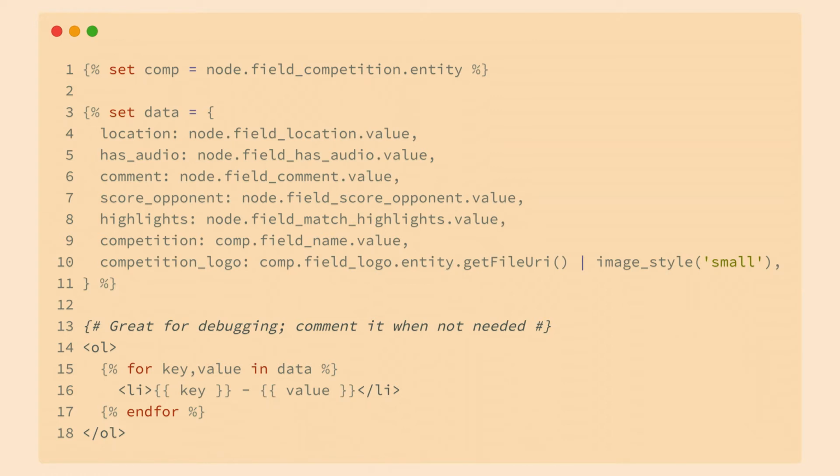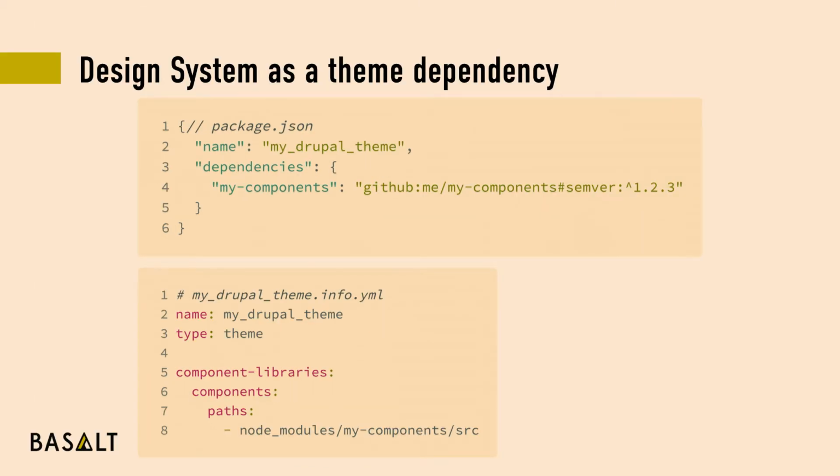This is kind of a nice way to be able to take a look at things. So another good tip here is basically making a design system as a theme dependency. I had mentioned earlier about how we have Twig namespaces and you're like, all right, let's just go ahead and tell Drupal that molecules is in the theme directory /Pattern Lab /source patterns all the way down there. Well,